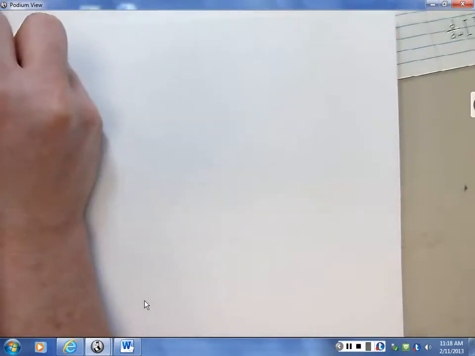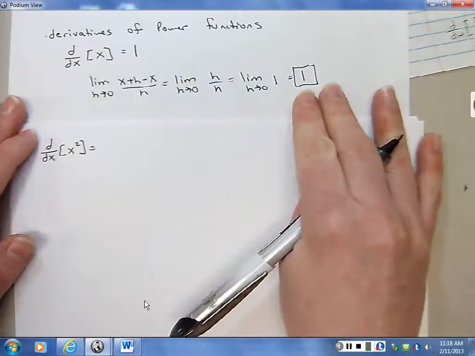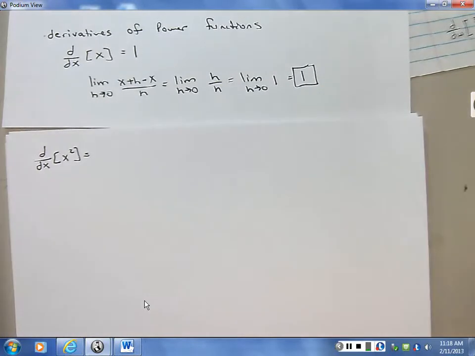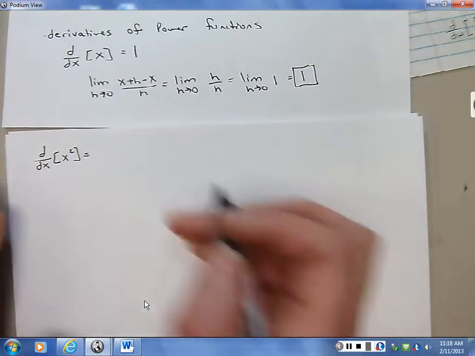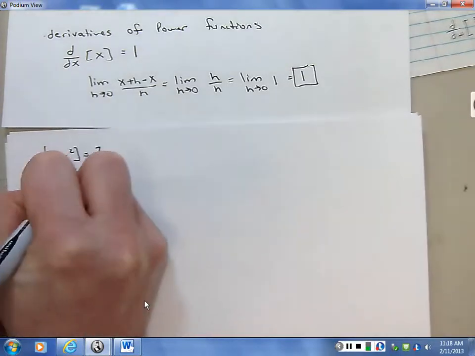What's the derivative of x squared? Can you go back to that real quick? Yeah, sorry. What's the derivative of x squared? Do you guys remember doing x squared? 2x. And it turns out